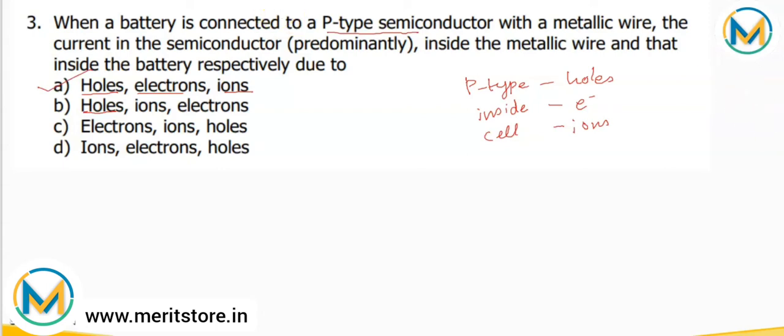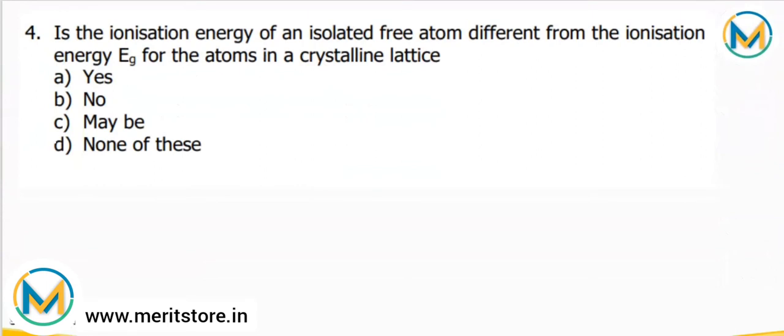Looking towards the next question. Is ionization energy of an isolated free atom different from the ionization energy for the atoms in a crystalline lattice? So ionization energy is basically the amount of energy required to remove the electron from its outermost shell in gas state. Okay, so ionization energy of an isolated atom is different from its value in crystalline lattice or crystalline arrangement